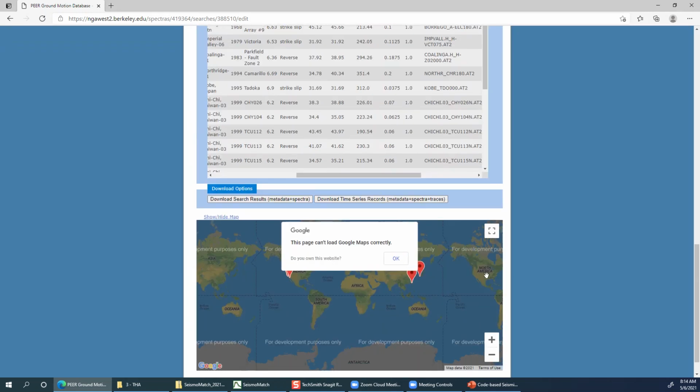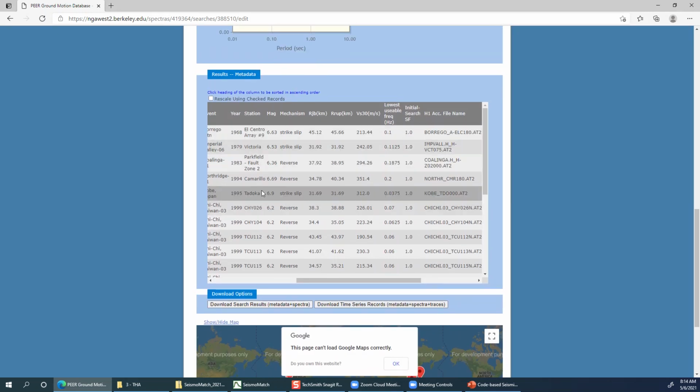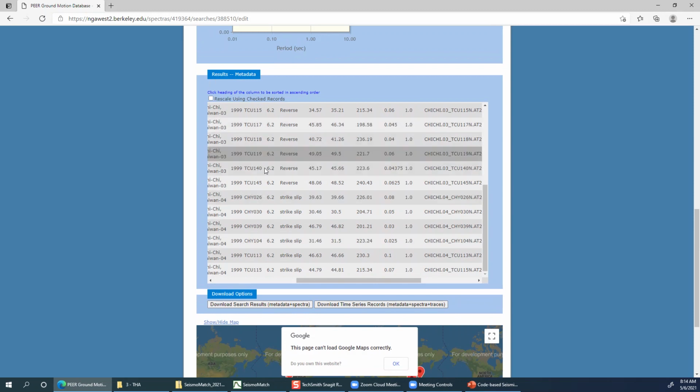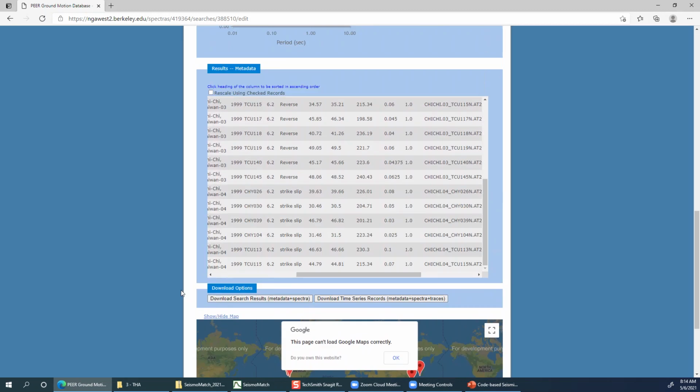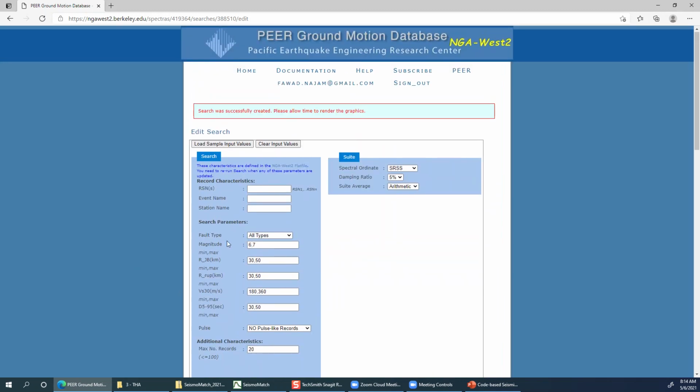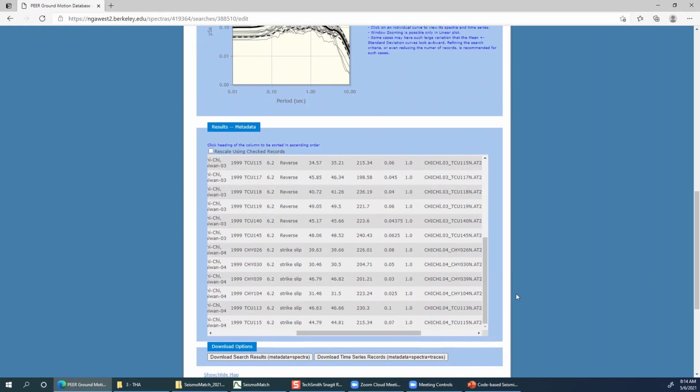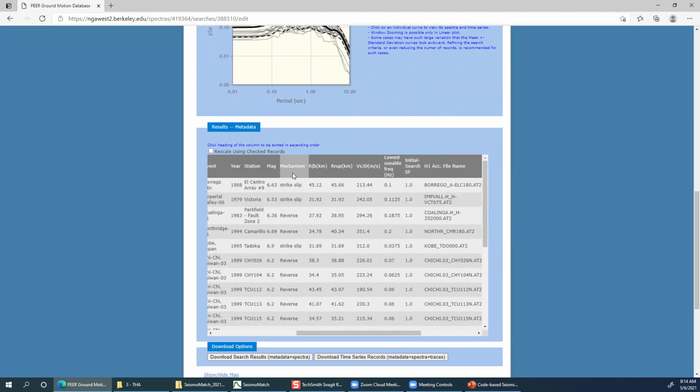Since I have selected fault type as all types, there is no special faulting mechanism which is filtered out.